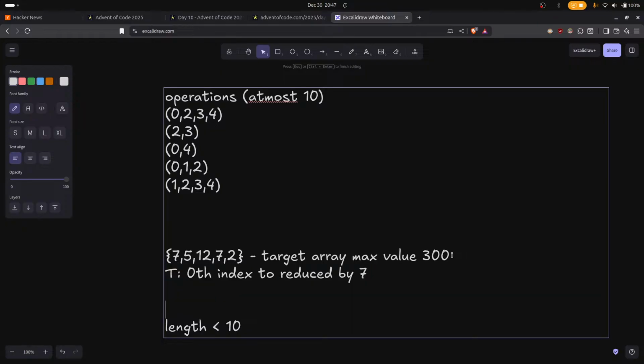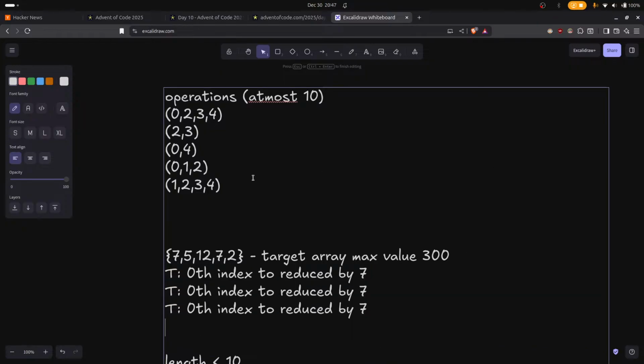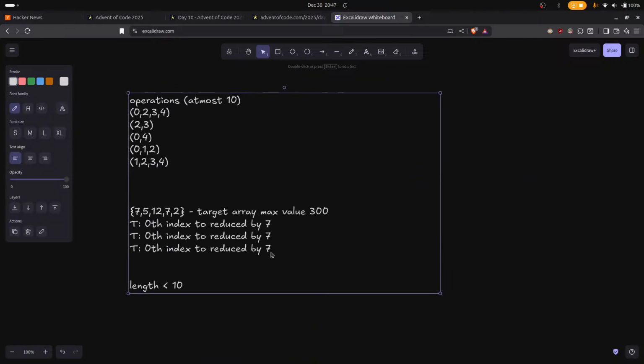If I list down the operations like this, so first index should be decremented by 5, second by 12. So we want